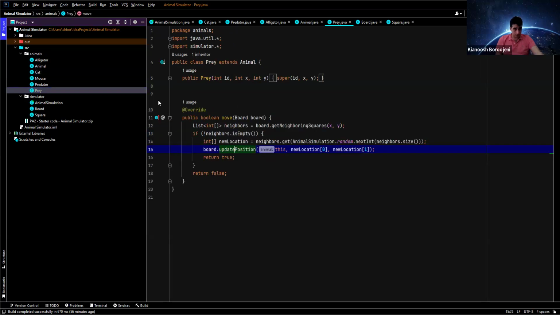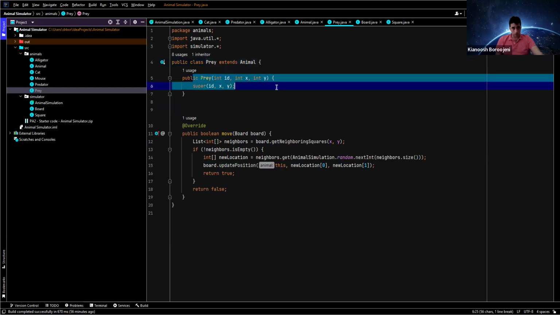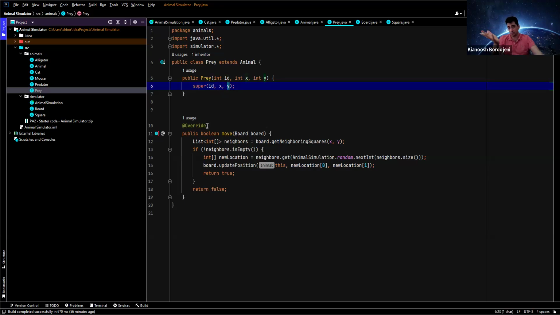The Prey class, which extends Animal, has a constructor similar to the Animal, which just calls the superclass constructor, so it calls the Animal's constructor with ID, X and Y, and it has nothing else. It doesn't have any power level or anything that we have seen before. Then it has a move method, which moves the prey randomly. Unlike Predator, it's much simpler. You don't need to find the closest prey or anything. You just